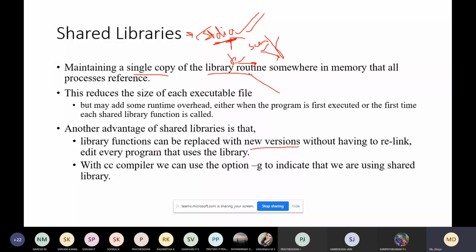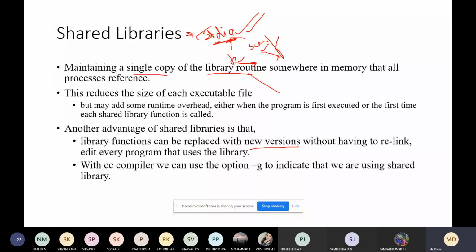So whichever programs make use of this library need not be modified. You just need to update with the new version, without modifying the code that uses this library.